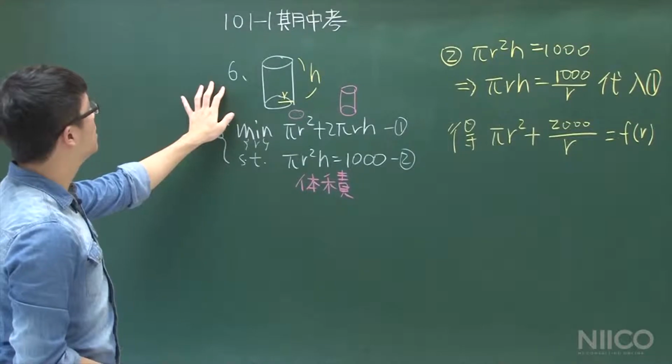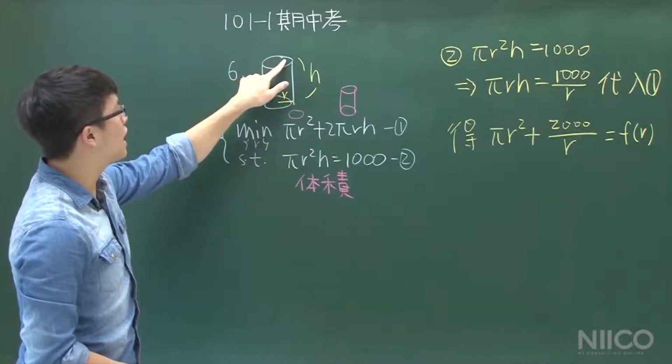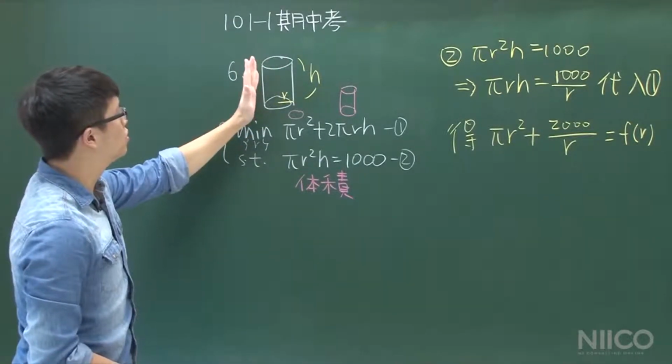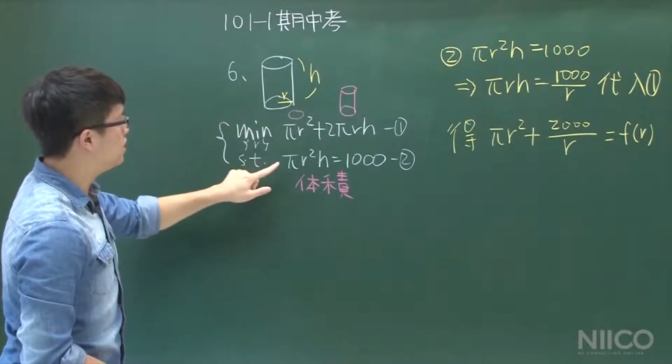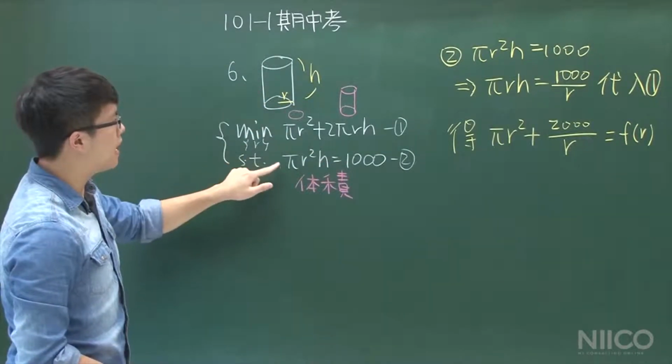Hello everyone, so this is more of an application problem. We see that we have a cup. This cup is probably made of something like paper because it has no width whatsoever. Anyways, this cup is of a cylindrical shape, and the radius of its bottom is r, and the height of